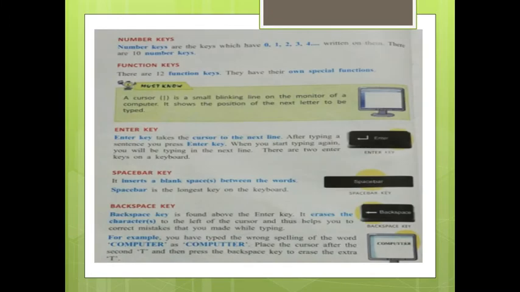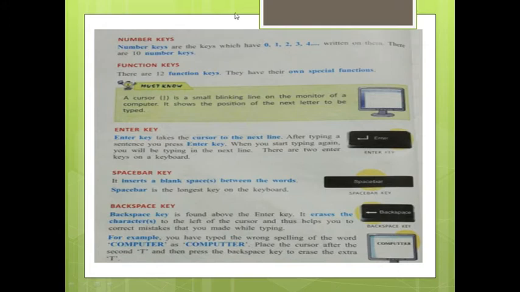So now come to the next key. Number keys. Number keys are the keys which start from 0 till 9, but when we press 1 and 0, it becomes 10. Actually 10 is there, but we are using the 1 again and again, like 1, 11. So we press one and then 0 to make 10.